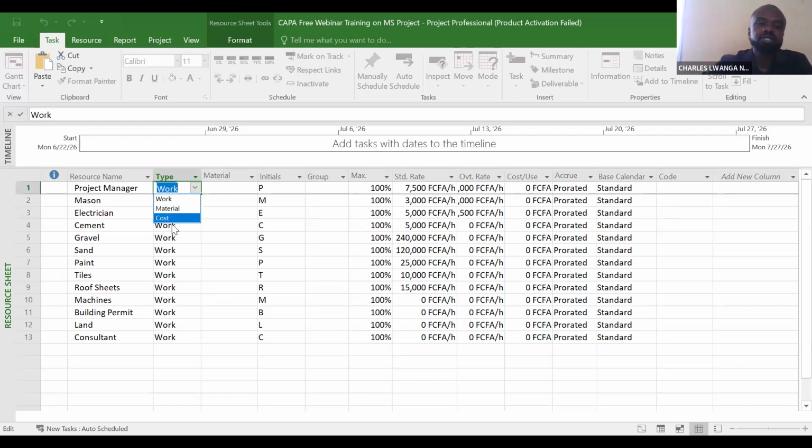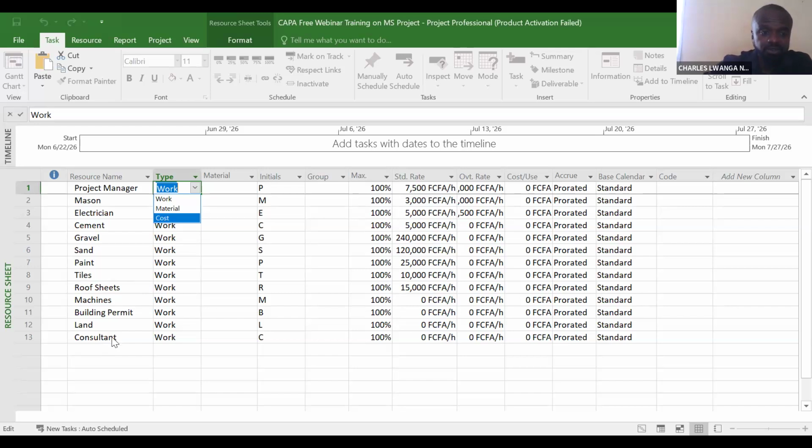Why is it fixed cost? It is fixed cost in the sense that there are certain costs that do not vary, because in accounting we have what we call the variable cost and the fixed cost. Now let's take, for example, if we had to recruit a consultant to work on a particular activity in the project, this is the level of the consultant down here. Now this consultant probably can be put at the level of the cost